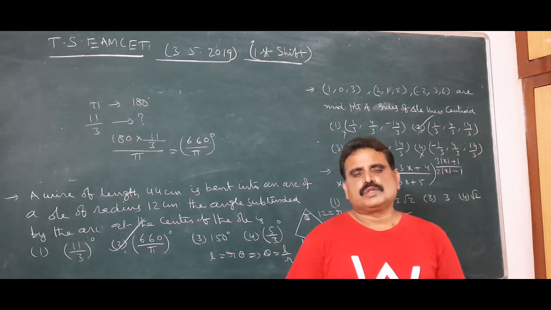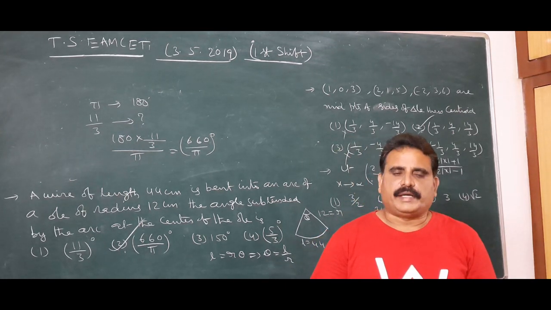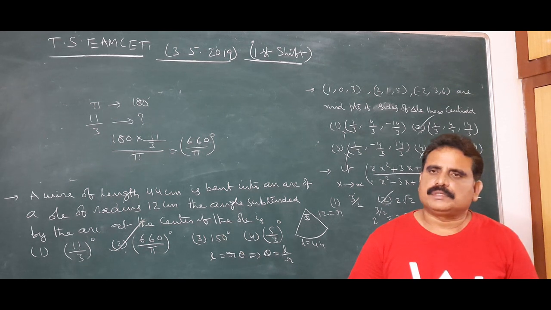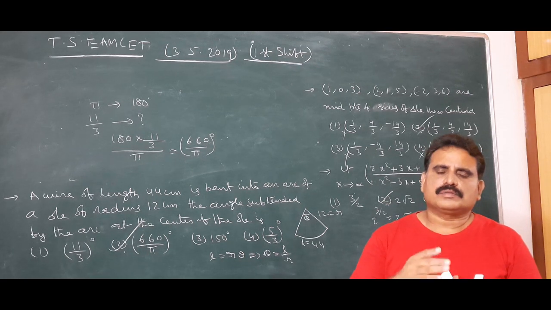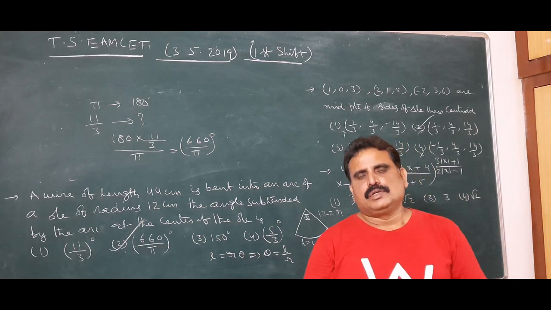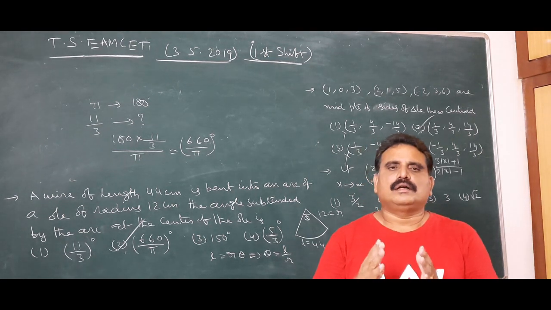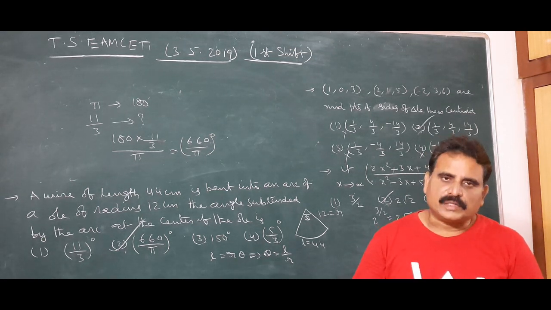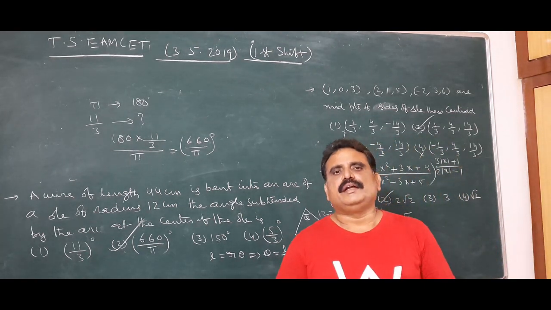But some of our students ask a question, that is, how to get below 10,000 rank. Depending on the paper, sometimes 83 is the cutoff for below 10,000. 83, if you cross more than 83, definitely there is a chance. Sometimes 85. So, if you got 90, definitely 100% chances are there to get a rank below 10,000. My dear students, it's not a tough task. You can easily get 90 marks.